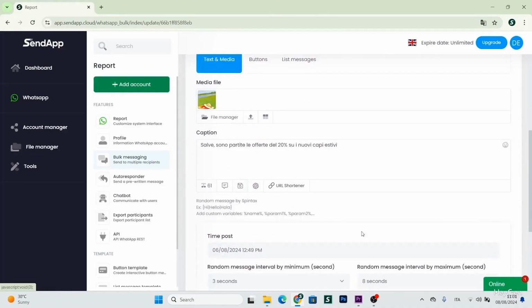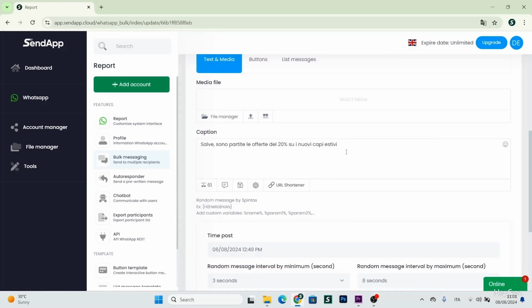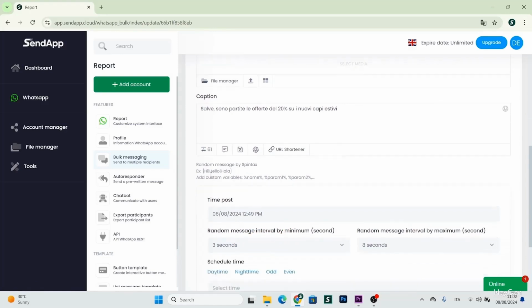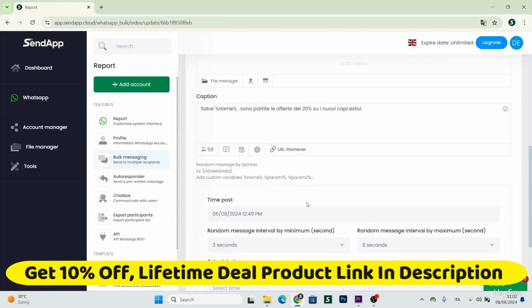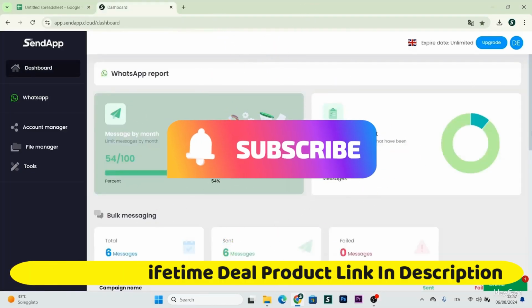Besides this, we must remember that this is a caption, but it doesn't necessarily have to be a caption. If we remove the image, the caption becomes the actual message, so with the image being accessory, this becomes the caption, while without the image it is the defined message. Additionally, we have the option to add the name, so percentage. For example, we put next to hello, and then also the parameters that we are going to set in the address book. With this, we have seen the various functionalities of sending